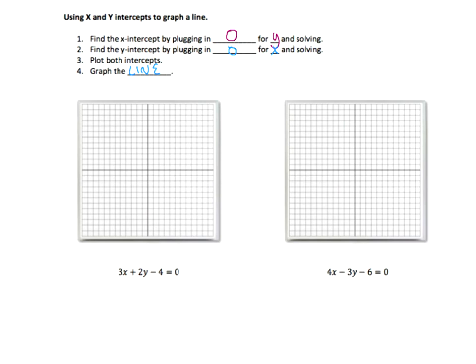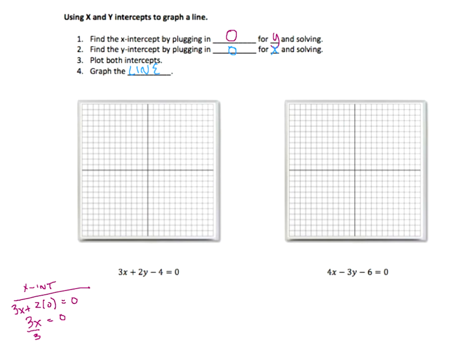So first thing we'll do to graph this, you're going to find your x-intercept. In this case, my x-intercept is whatever I get when I plug 0 in for y. So 3x plus 2 times 0 equals 0. 3x plus 0 equals 0. And my x-intercept, oh God, I put an awful